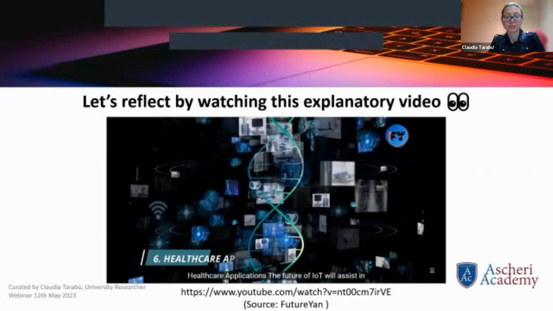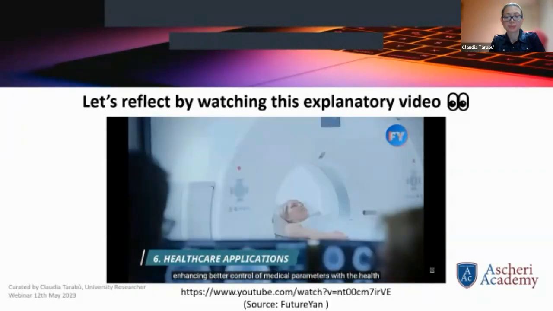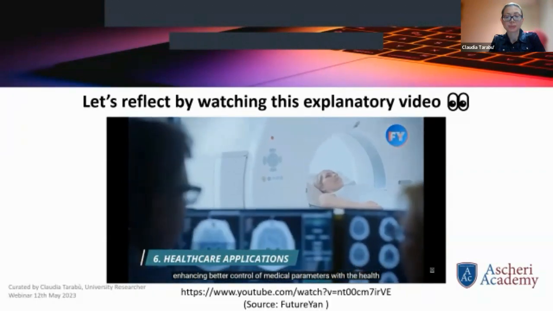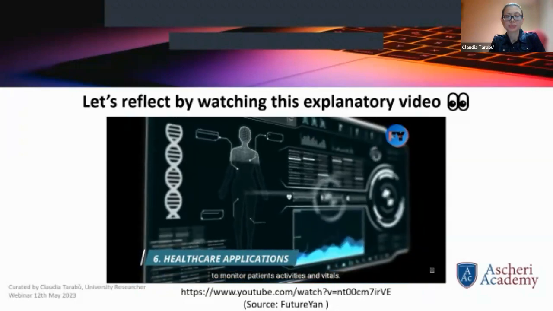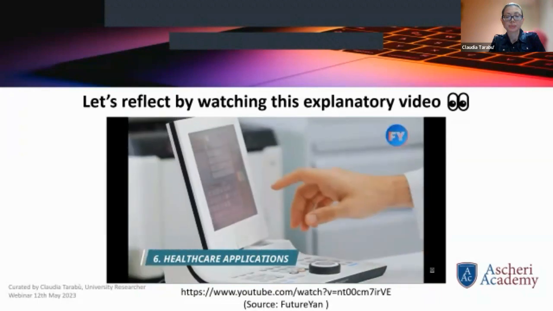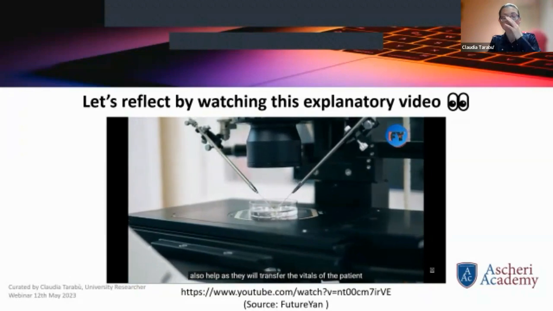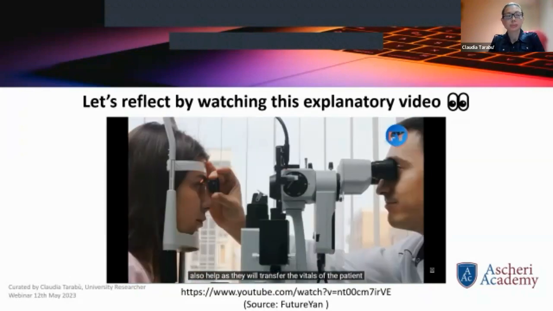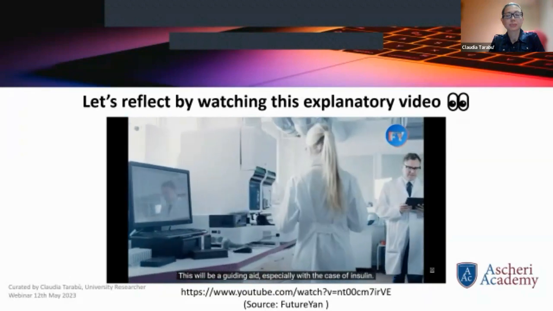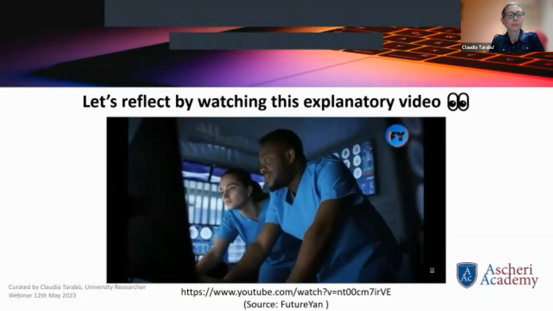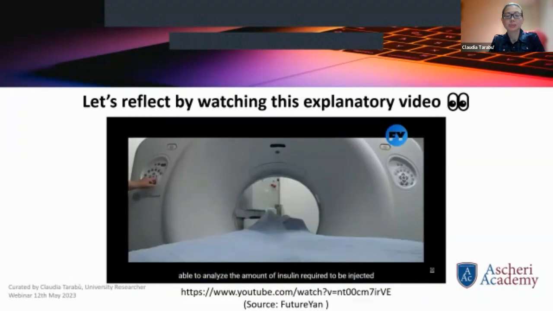6. Healthcare applications. The future of IoT will assist in enhancing better control of medical parameters. With the help of 5G, AI, and sensors, it will be easy for medical professionals to monitor patients' activities and vitals. Smart glucose monitoring systems and smart insulin pens will also help, as they will transfer the vitals of the patient automatically onto a monitoring system. This will be a guiding aid, especially in the case of insulin. Based on the data driven from the patient, the pen will be able to analyze the amount of insulin required